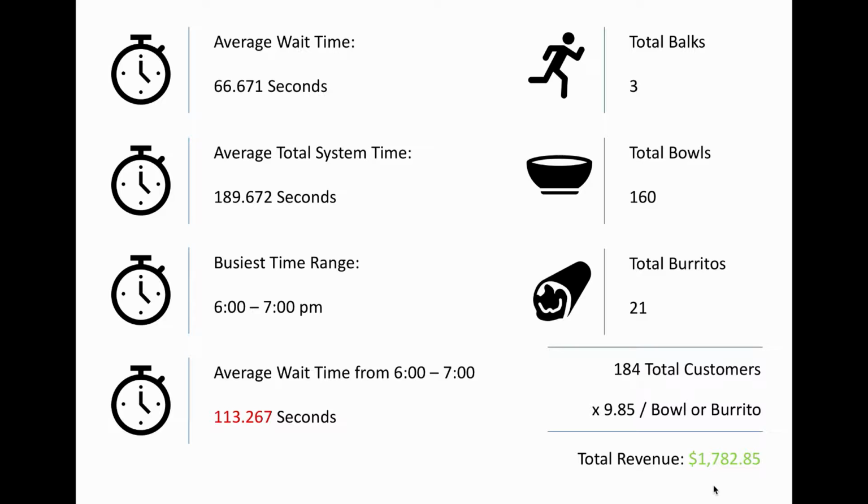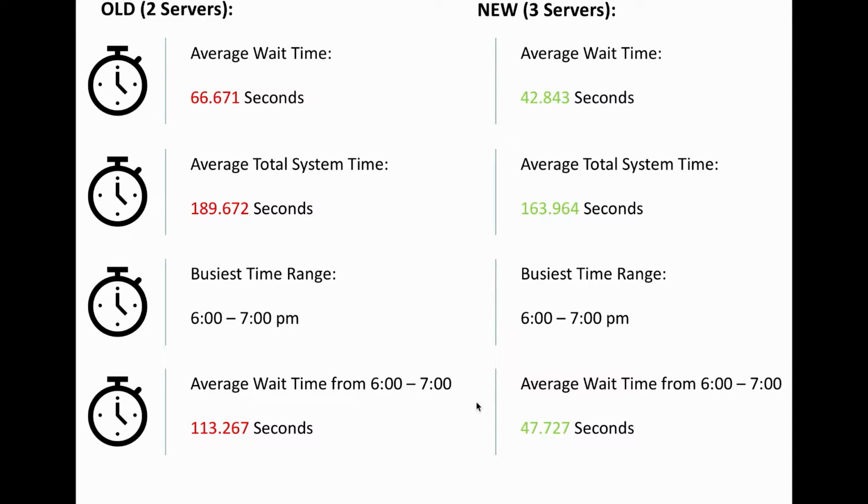Now, the main point of our project was to see how feasible and how good it would be to hire an extra person to help with service. We tested it for 2 servers and then tested it for 3 servers. And as you can see, there's a huge disparity between 2 servers and 3 servers, especially during the busiest time period. So our final conclusion is that